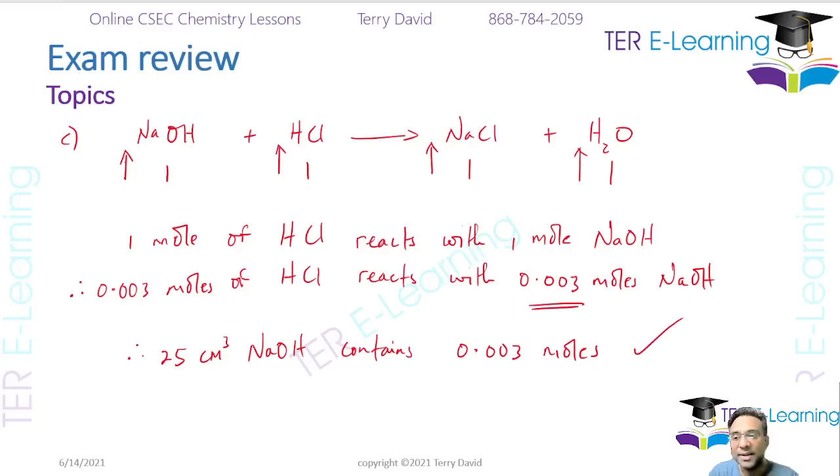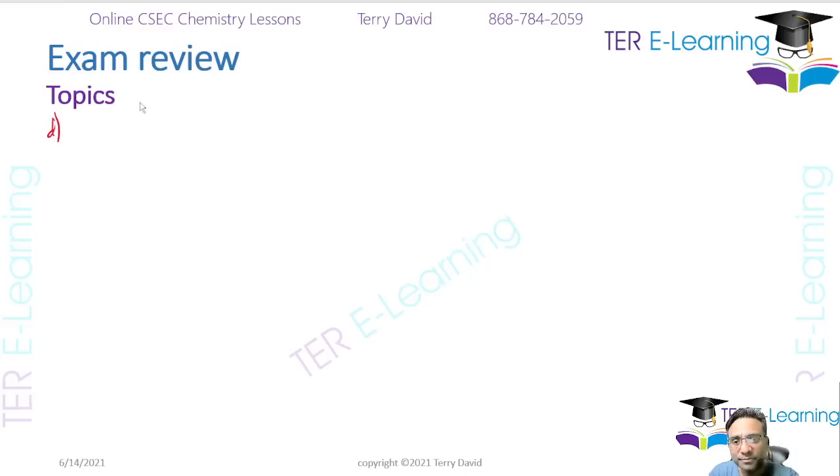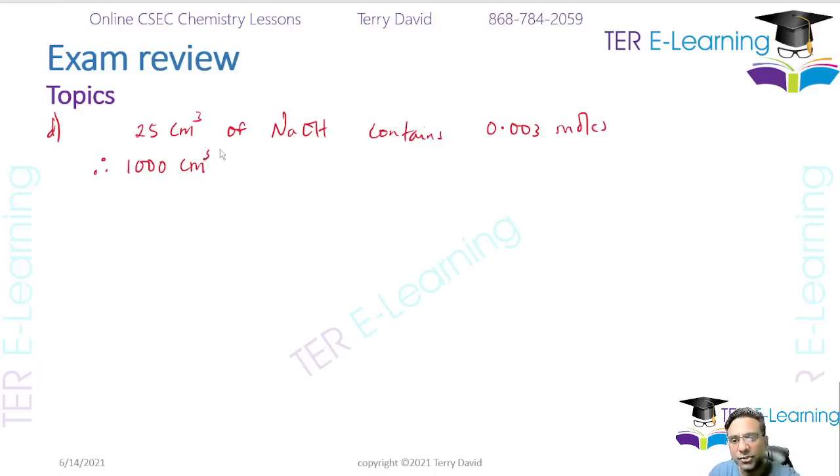Whenever they ask you to find the concentration of something, we need to find how many moles are in 1,000 cm³. So for part D, we know that 25 cm³ of NaOH contains 0.003 moles, that's what we know from part C. All we need to do now is work out how many moles we have in 1,000 cm³ in order to determine the concentration. So 1,000 cm³ of NaOH contains,